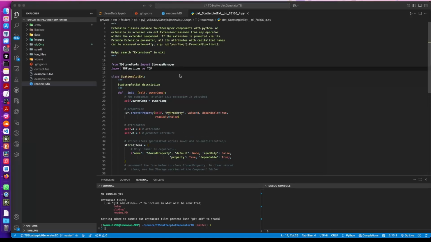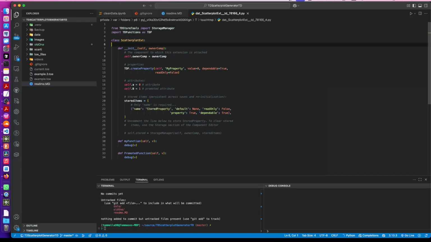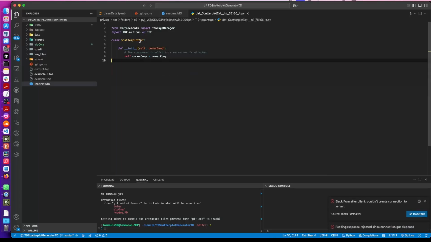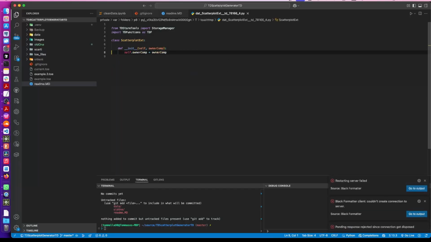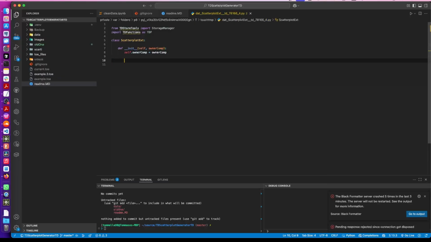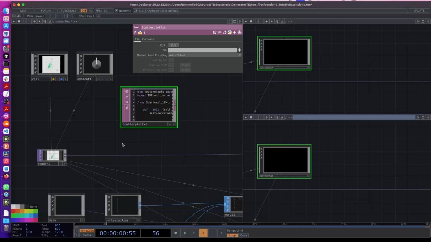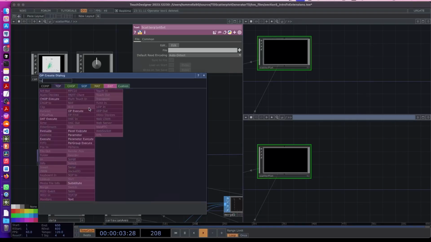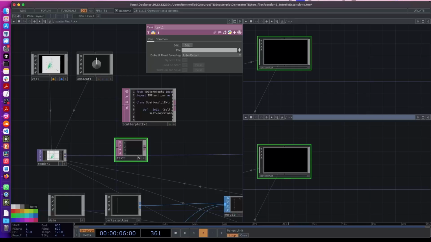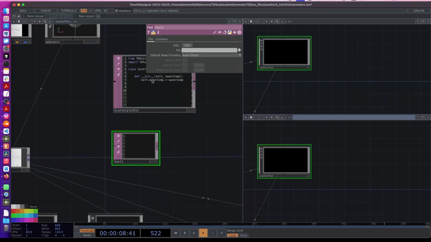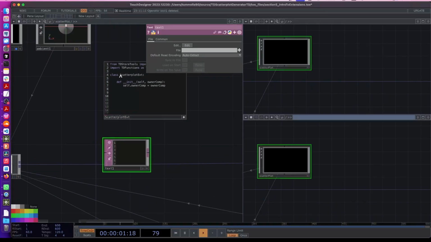We don't need pretty much anything of this. We can delete the comments, we can delete all this, and here we are only going to use this for now. Yeah, that's it for now. We can test just to see if that works. So I can create a new text dot, and I can import this. So I can copy this, the name of the extension,